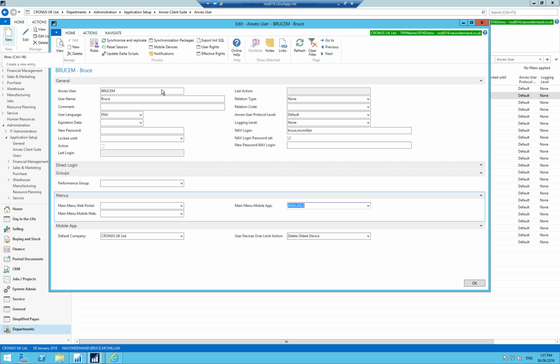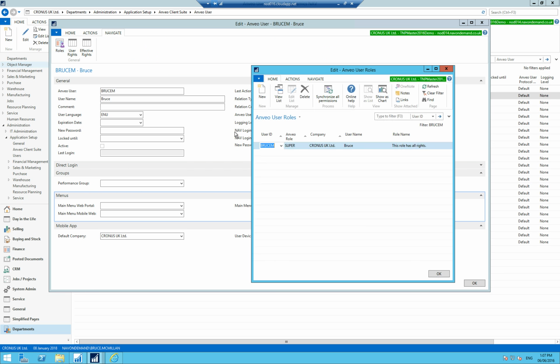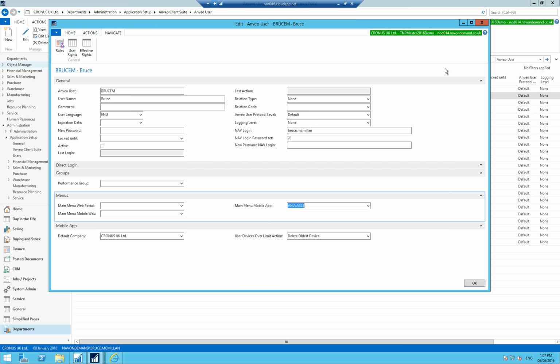Users in the database also have the concept of roles and permissions. So here I can see that this user has been assigned the role of super in this particular company. This allows us to give access to certain tables and data based on what they actually need to do. You can define for the user